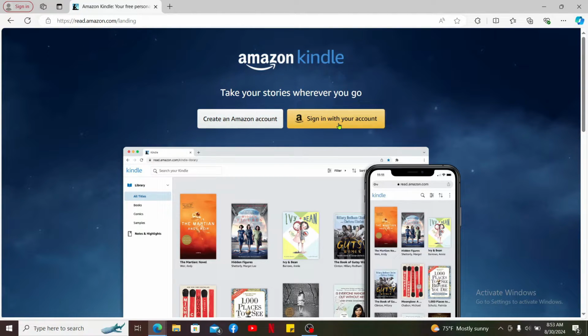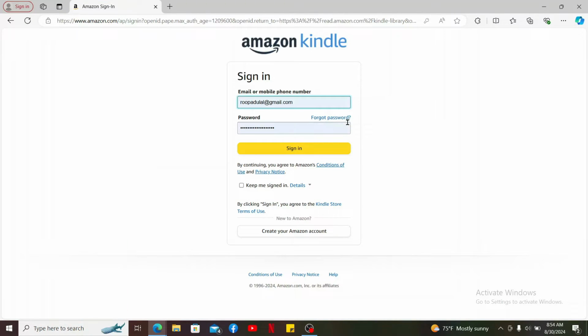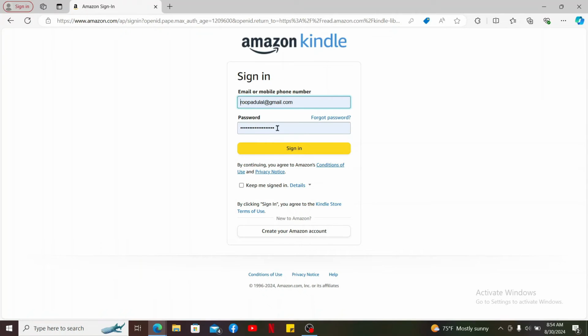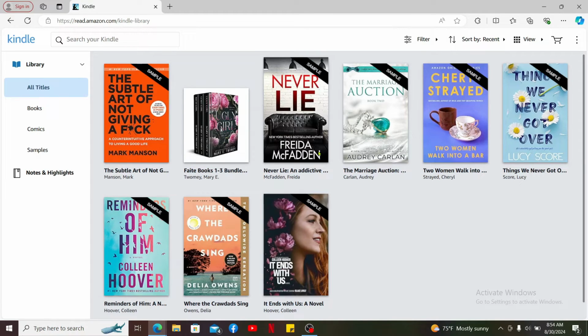If you don't have an account, you'll need to create one by clicking on create an Amazon account and follow through the instructions. After clicking on sign in with your account, if you already have an account, you can go ahead and enter your email address or your phone number followed by your Amazon account's login password. If you don't remember the password, you can click on the forgot password link and follow through the instructions till the end. Finally, click on sign in after entering the credentials and you will then be able to access your